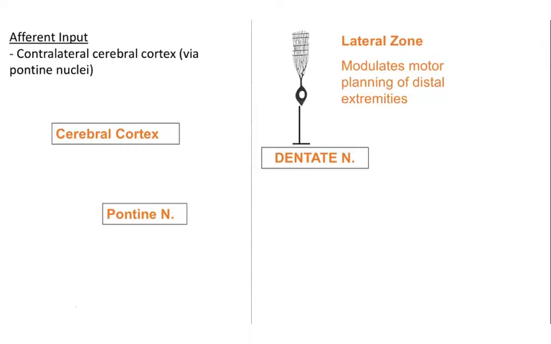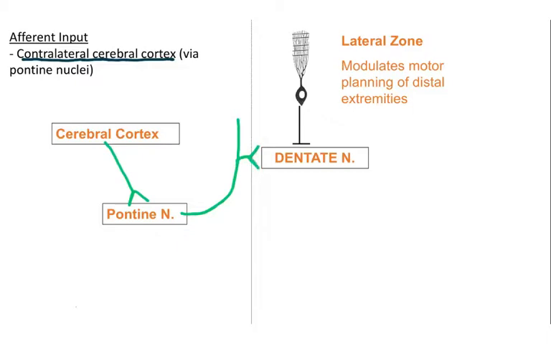So the nuclei within the lateral zone is the dentate nucleus, and the primary afferent input to it is going to be from the contralateral cerebral cortex. So the cerebral cortex is going to project to the pontine nuclei, which are going to project into the cerebellum. These are going to be called the pontocerebellar fibers. So because it's from pontine nuclei, it's going to be a mossy fiber, which is going to go in